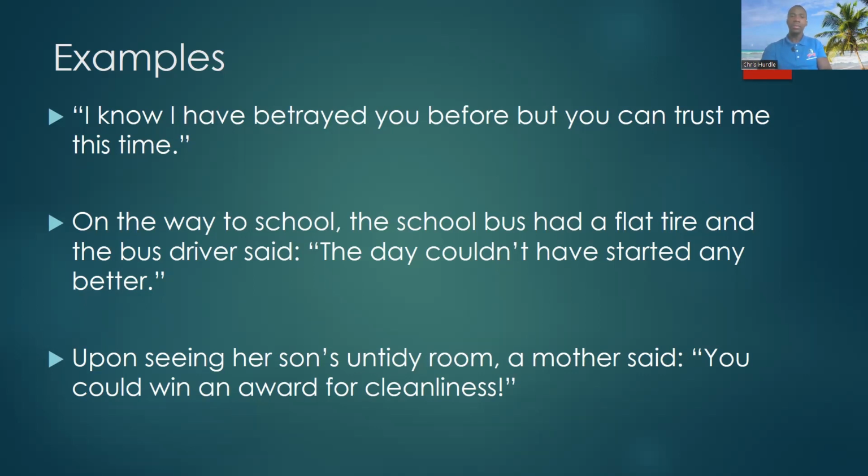Right. So these are examples of verbal irony. But just remember that it is when someone says something that is different to what is actually happening, to the point of ridicule, right? Because they're underplaying something to the point of ridicule. All right.